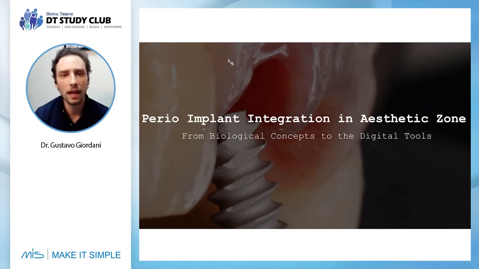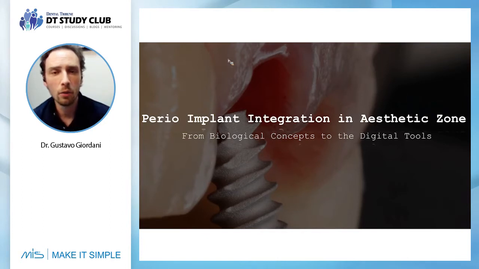This particular case is very interesting because we tried to develop a protocol combining everything we had from the literature, from the analog protocol, and everything we learned from our great masters like Eric Van Doren, Victor Clavijo, Galip Gurel, and we put it in our daily practice, trying to combine the digital workflow with